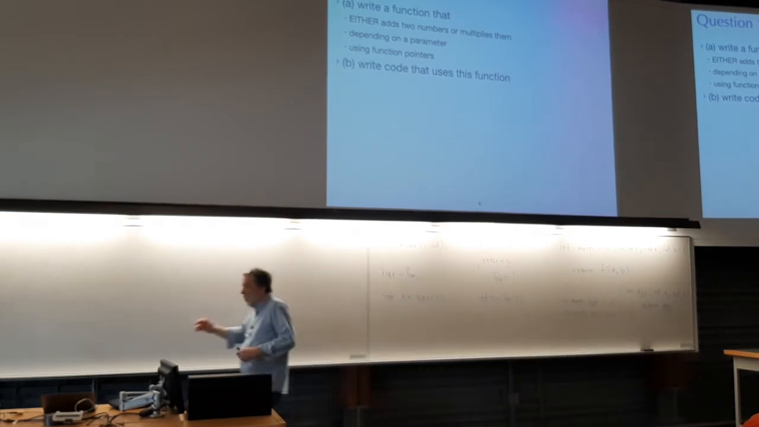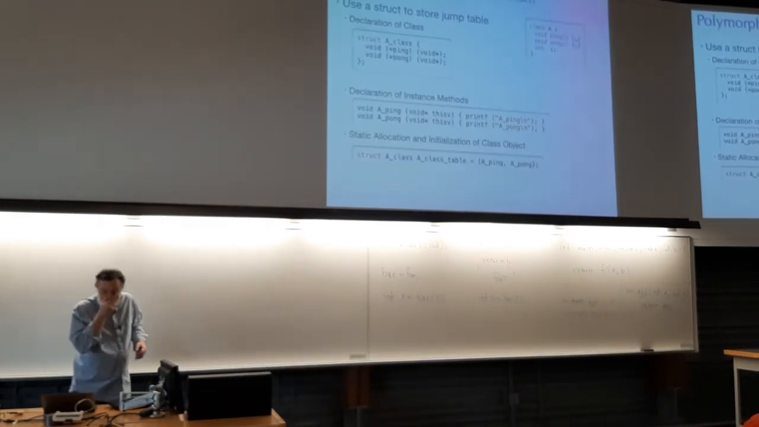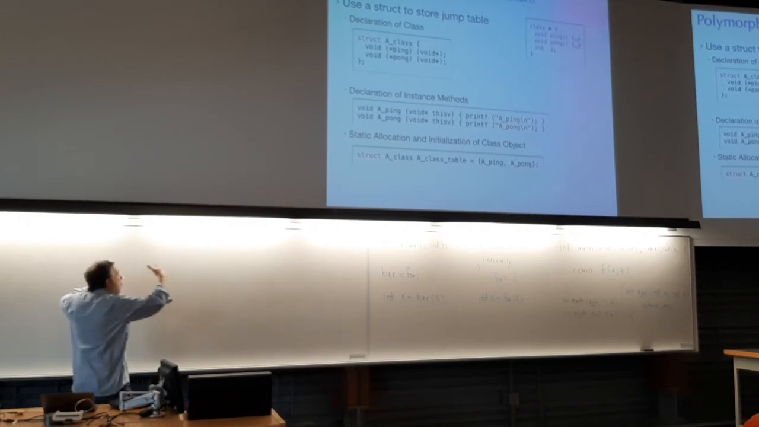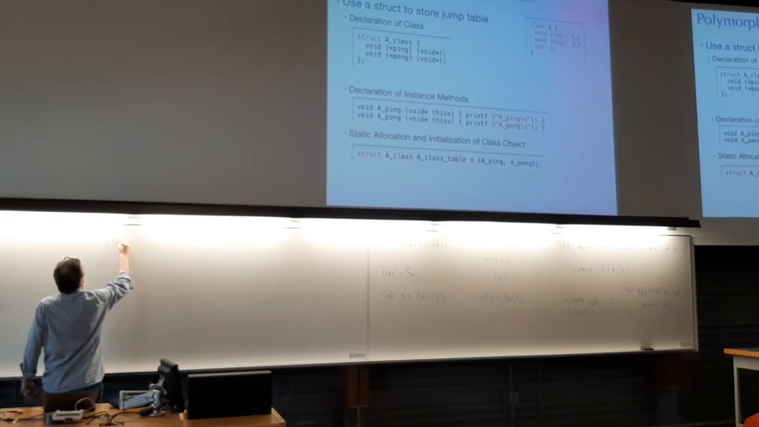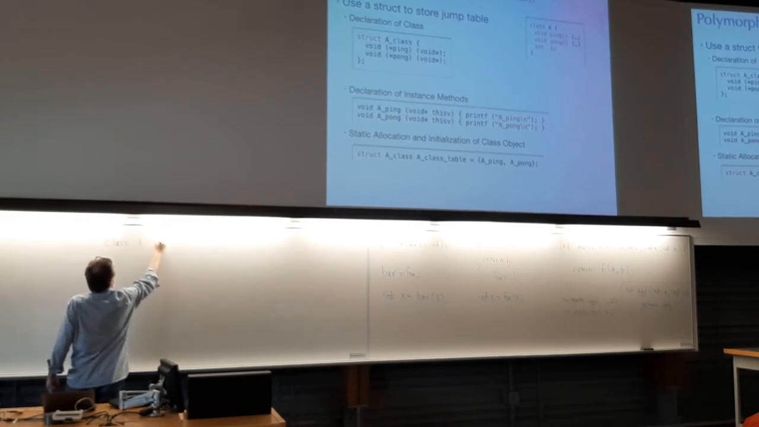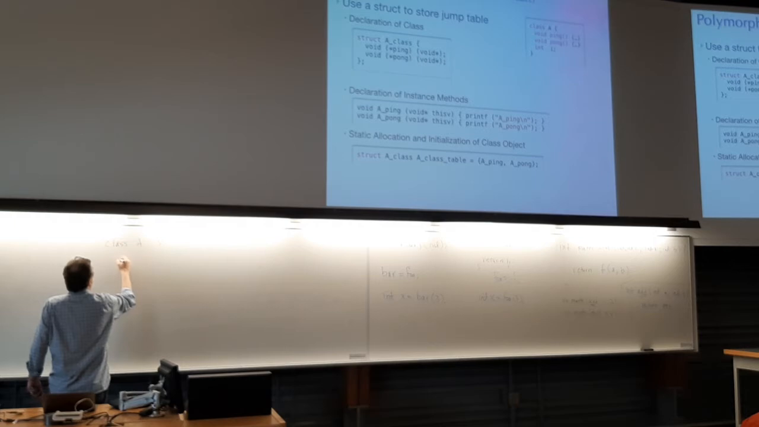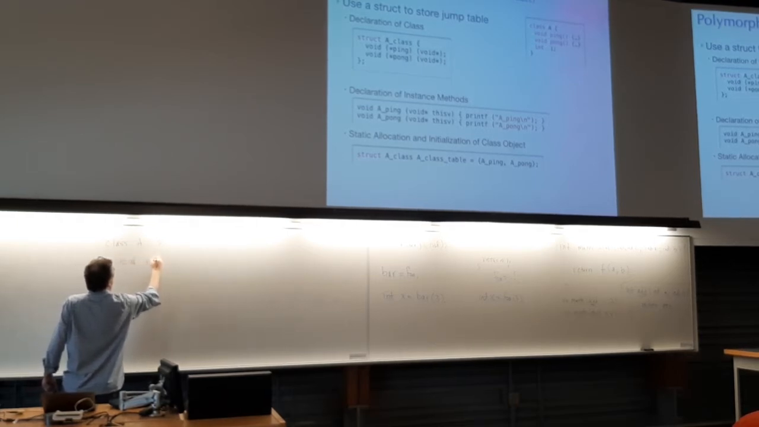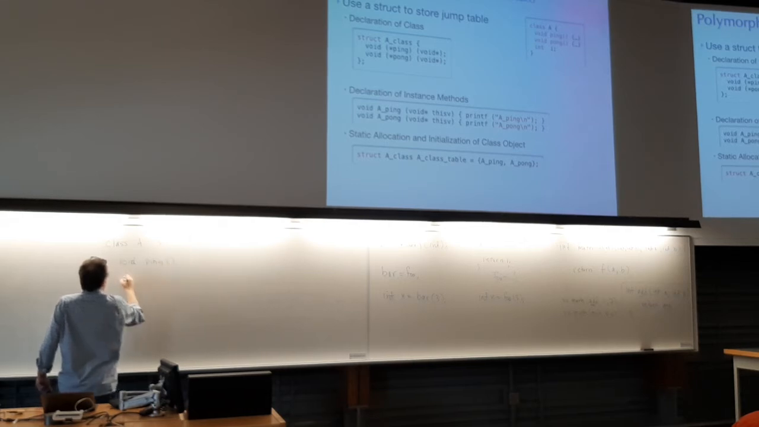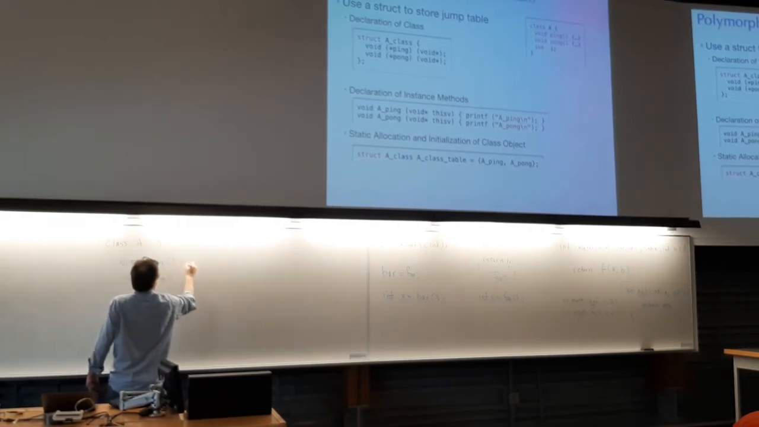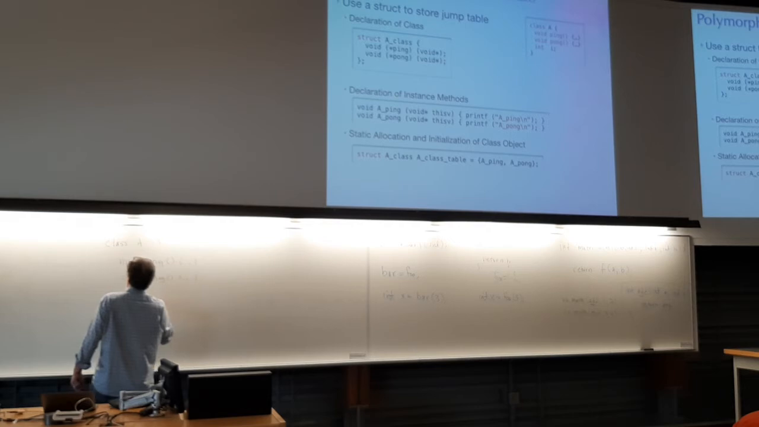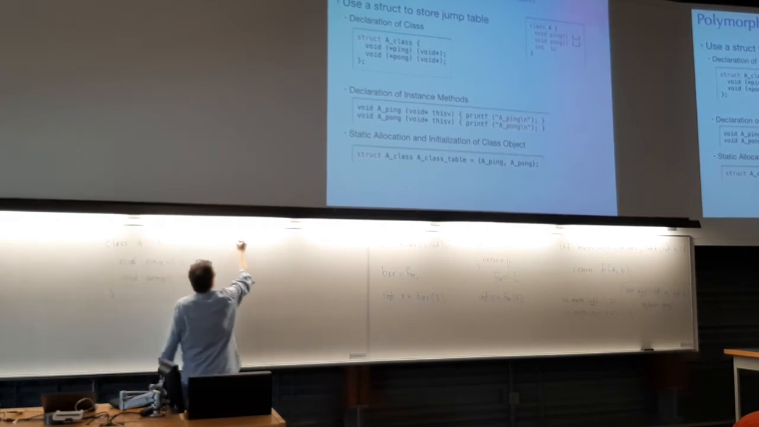Okay, so now, finally, we're going to use this to implement polymorphism. So here, we're trying to mimic this. This is Java, so I have class A that has two procedures, ping and pong. There's some code here, but we're going to leave out the information. And another class B